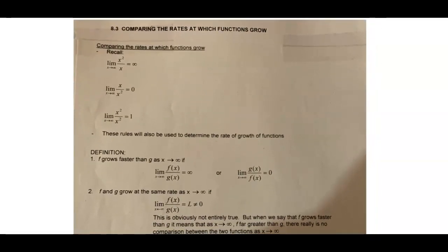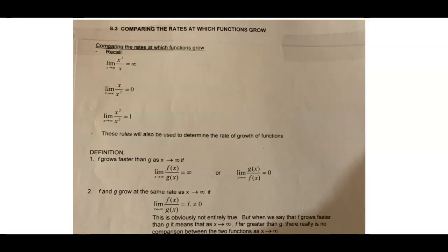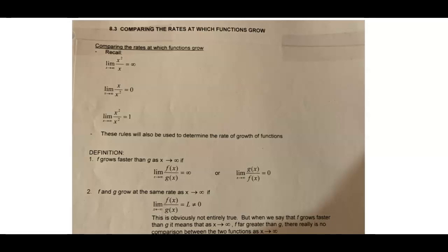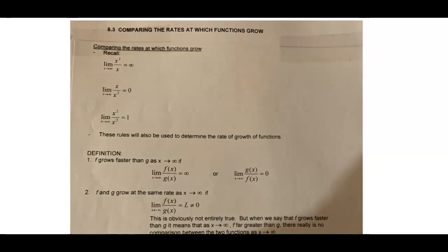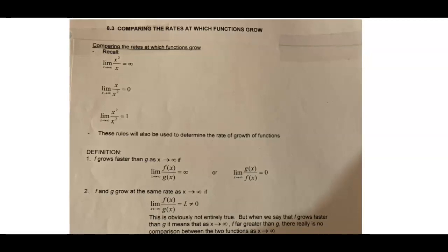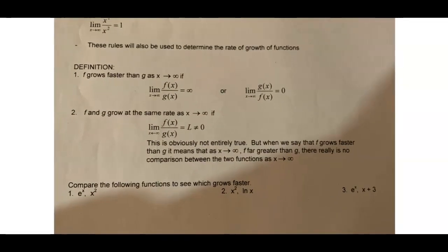Okay. Anyway, if you look at the top, these are what we just talked about, the rates at which functions grow. If the bigger degree is on top, these are our infinity rules, then our limit's going to be infinity. If the bigger degree is in your denominator, our limit's going to be 0. And if we have the same degrees, your limits are going to be the coefficients of those two terms. All right, so old stuff, you're going to need to remember those. It's going to pop up with all of these. Our little rule when we do these,